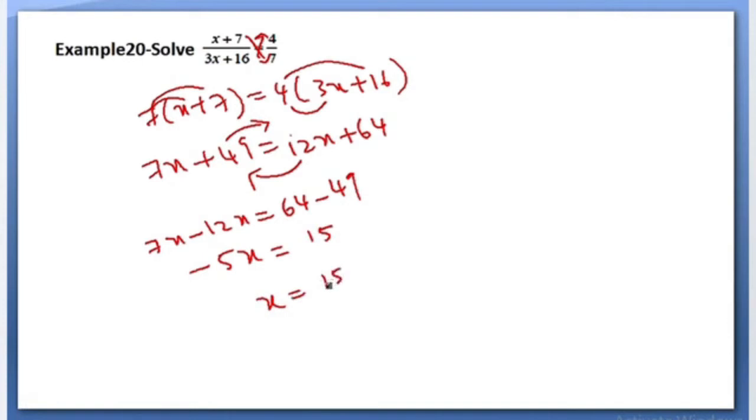Then x is equal to 15 by minus 5. So you can cancel it directly, 5 ones are 5, 5 times 3 are 15. Then x is equal to minus 3. We need to multiply with the minus here. Then you will get x is equal to minus 3 is the solution of the given equation.